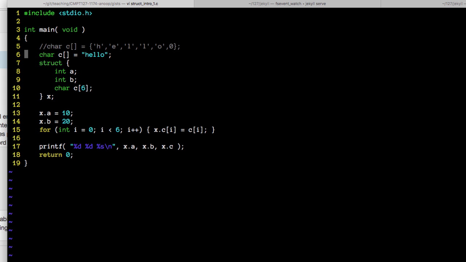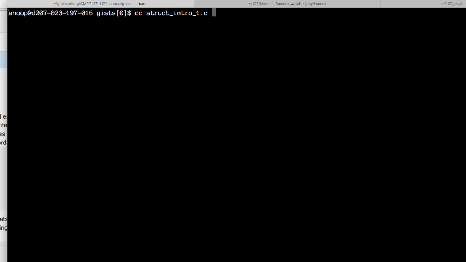It's just a character array that is null terminated. So we are guaranteed that that's true in this case, as I copied the entire string c i into x.c i, right? So I'm copying all of the contents of this array into this array, and so when I run this,